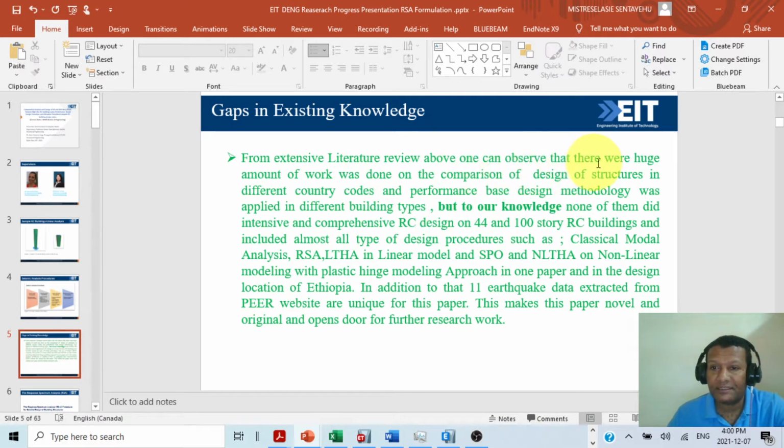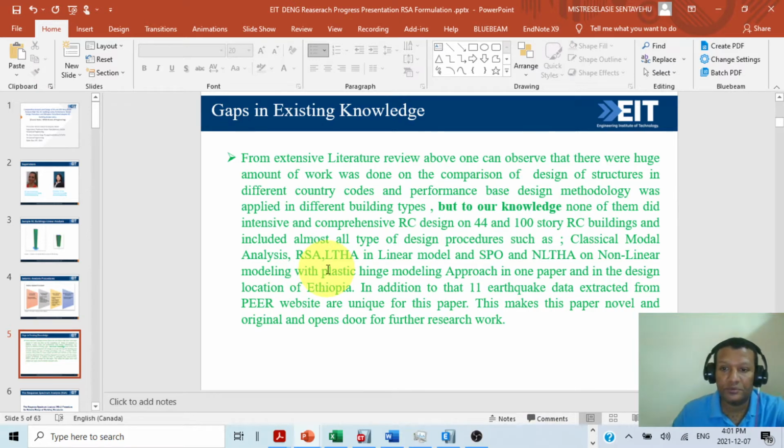One can observe that a huge amount of work was done on the comparison of design of structures in different country codes, and performance-based design methodology was applied in different building types. But to our knowledge, none of them did intensive and comprehensive RC design on 44 and 100 story reinforced concrete buildings, including almost all types of design approach such as classical model analysis and RSA, response spectrum analysis,